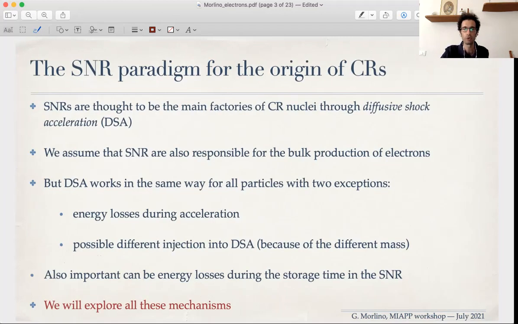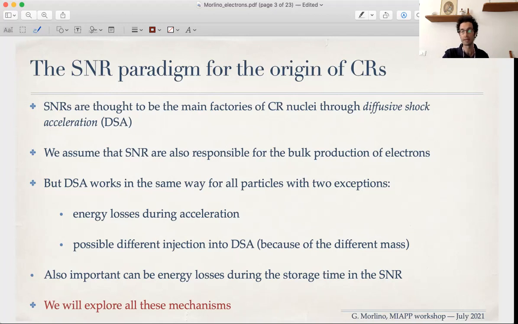From the point of view of particle acceleration of protons, we know that supernova remnants have for decades been considered the most probable candidate for the production of cosmic rays. Now, in this talk, we will assume that electrons are also produced by supernova remnants. And if we make this assumption, the diffusive shock acceleration that we think is the physical mechanism responsible for particle acceleration works in the same way for electrons and protons. The only possible differences can be hidden